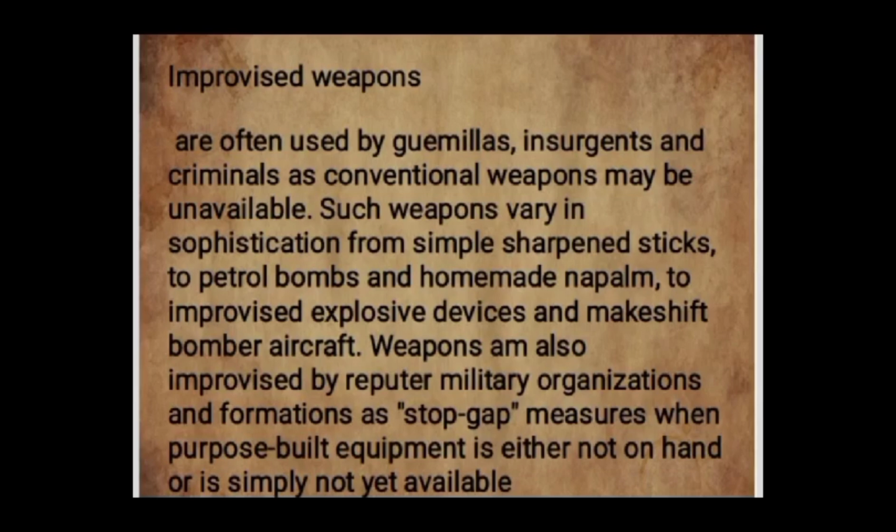Ang improvised weapon ay pwede din gamitin sa anumang bagay na maaaring gamitin upang madulot ng pinsala sa katawan. Ano nga ba ang improvised weapon? Tulad ng mga sport equipment, baseball bats, golf club, at iba pa. Also, pwede din ito maging object made of glass. Tools such as scissors,